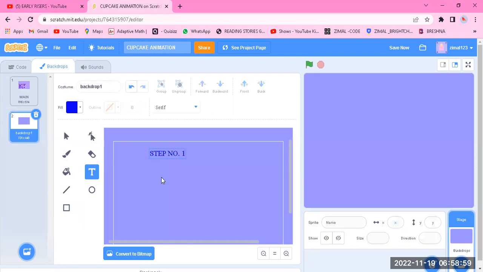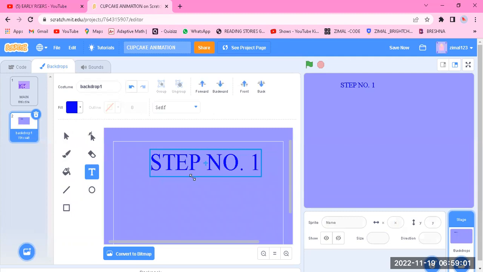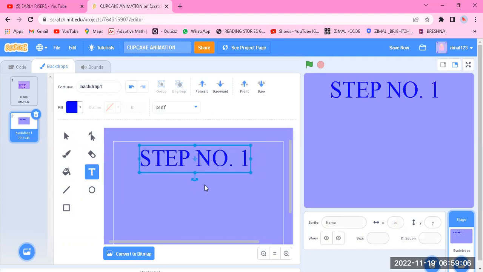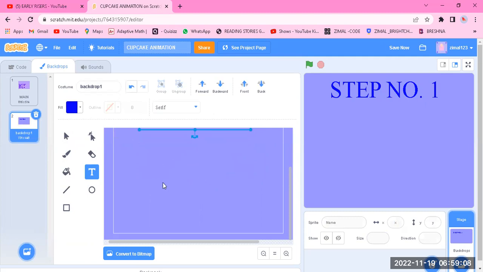Here you have to stretch it. Next you have to make another text that makes sugar, sorry, sugar